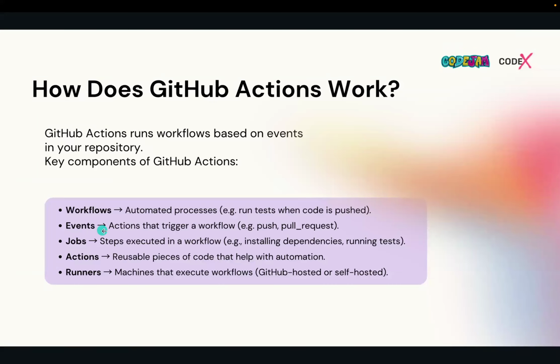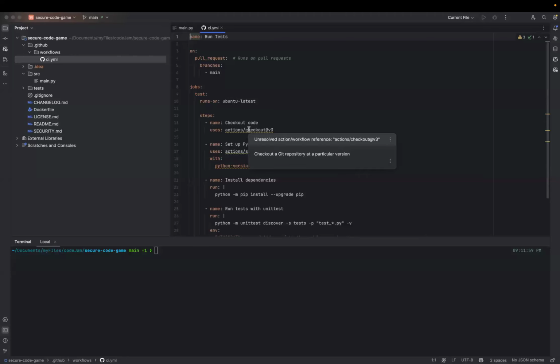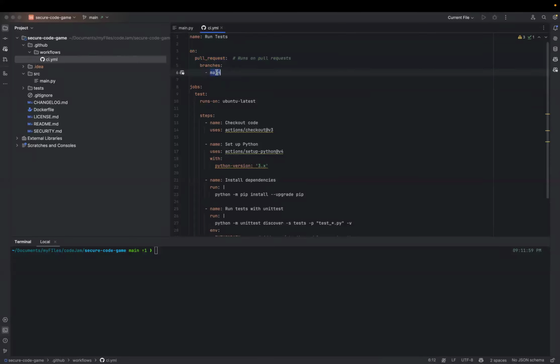Then we have events. That means the trigger of the GitHub action. In our implementation, we have used the event that it will run on a pull request to the main branch.